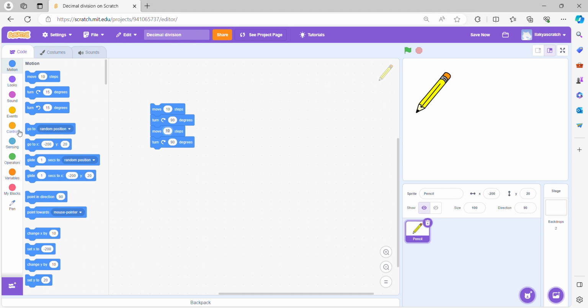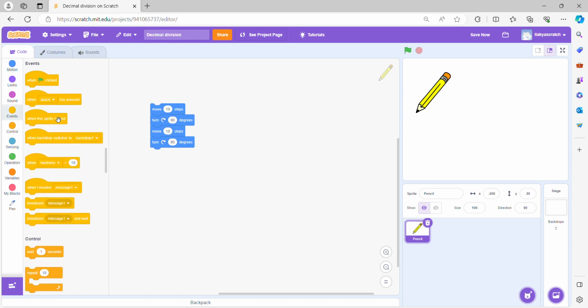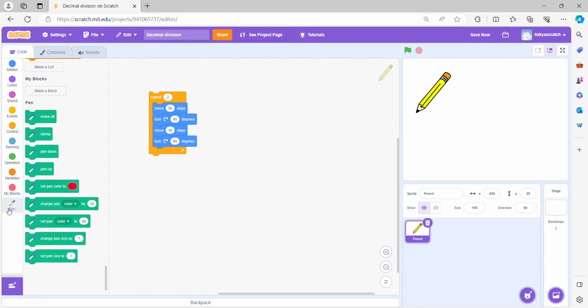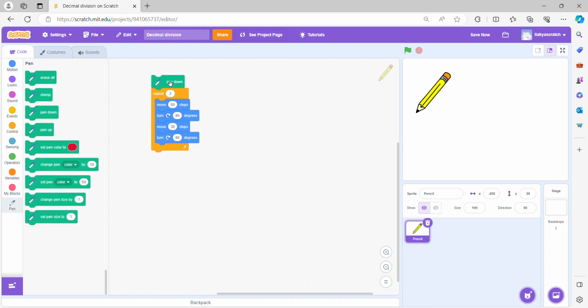In the repeat we put it as 2 times. If we give same numbers, it will draw a square. If we give different numbers, it will draw the rectangle. For the first move steps, it takes the breadth, always showing the pen down and pen up, and the